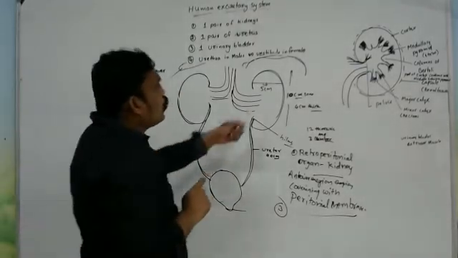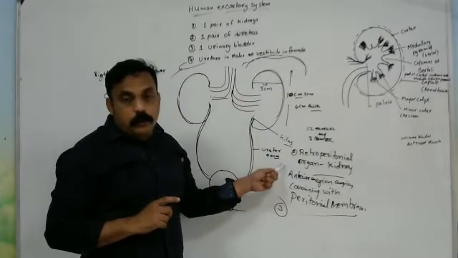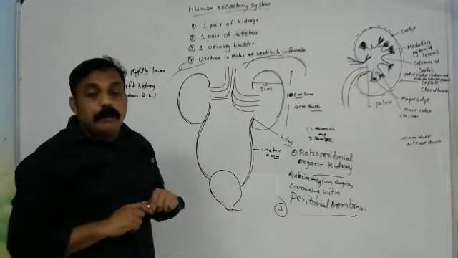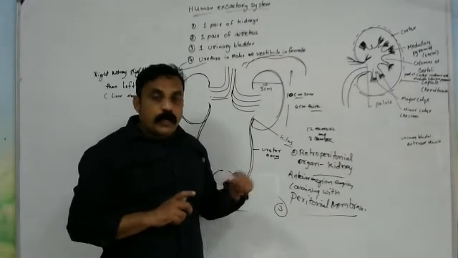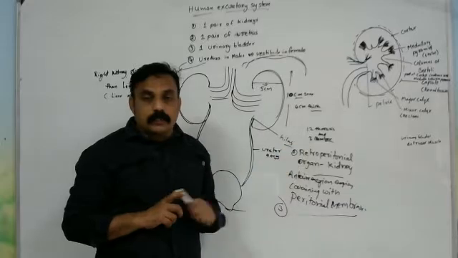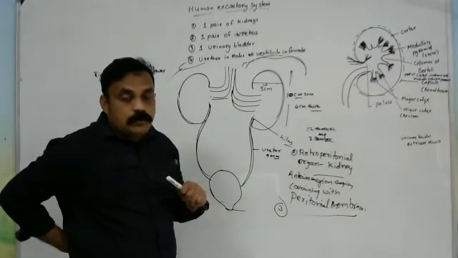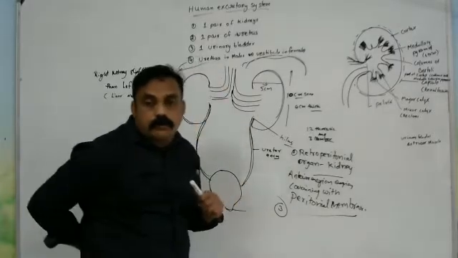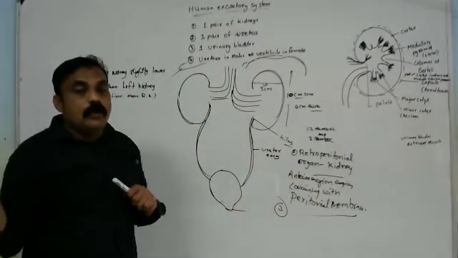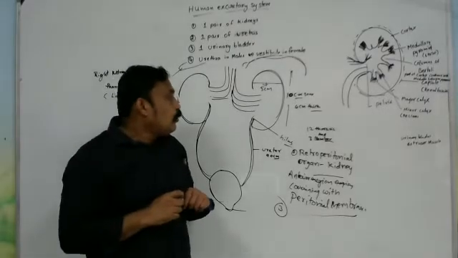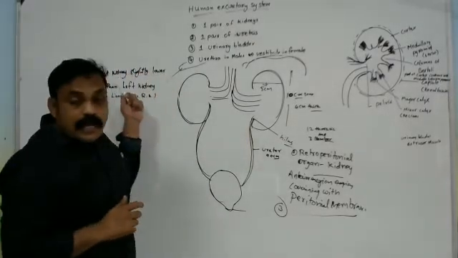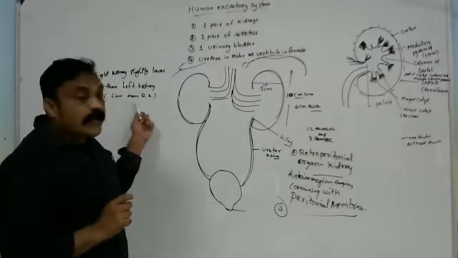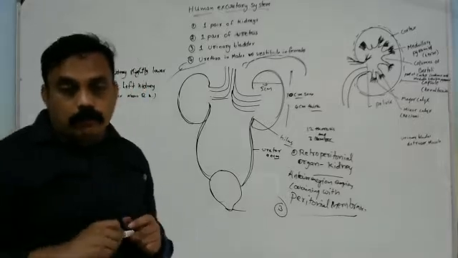So what we discussed was the kidney's position. Why is it called a retroperitoneal organ? Because the kidney is covered by the peritoneal membrane on its front. It is located at the 12th thoracic and 3rd lumbar region on the backside. Each kidney lies on one side of the spinal cord, one on the right and one on the left. The right kidney is slightly lower than the left because the liver is on the right side. Try to remember these points.